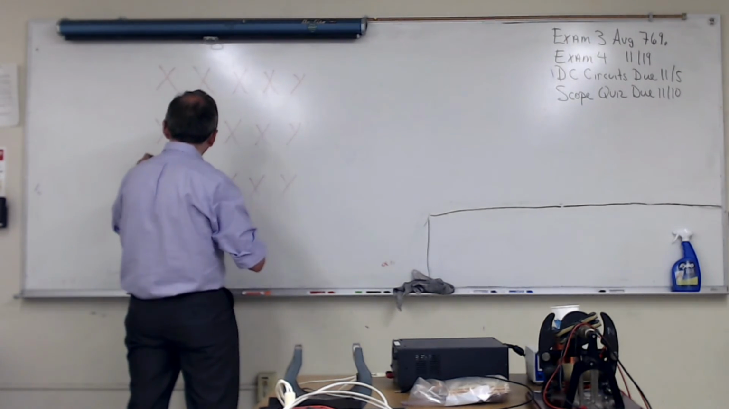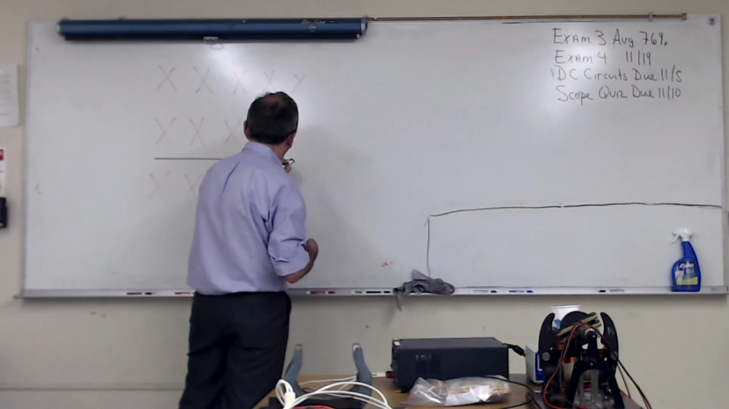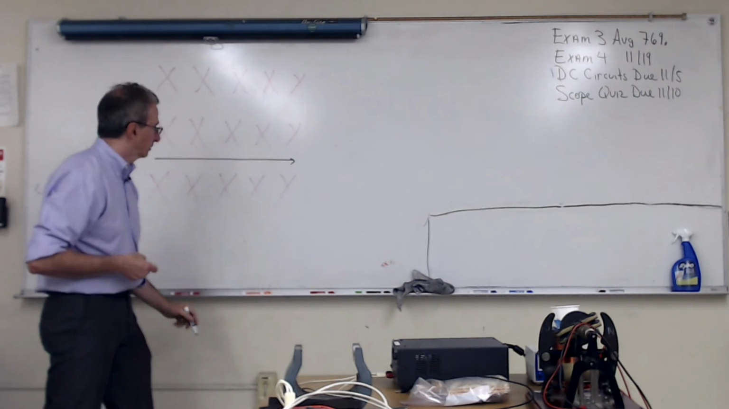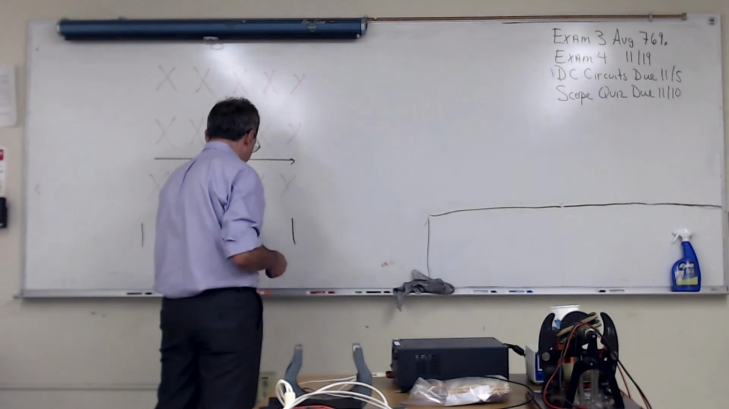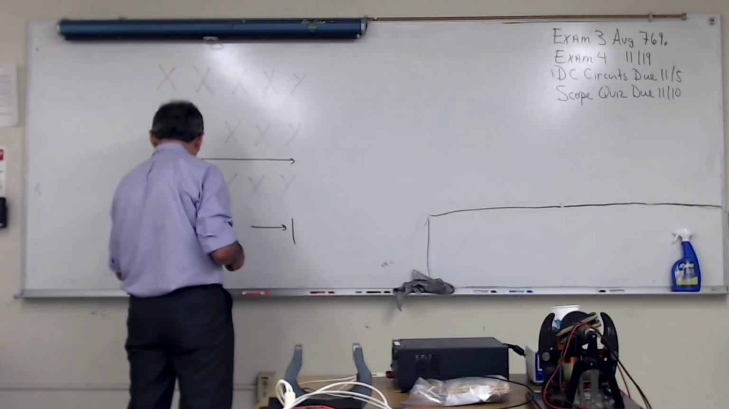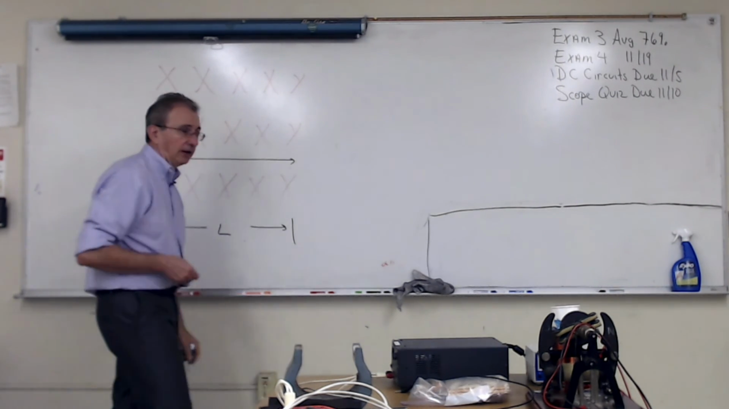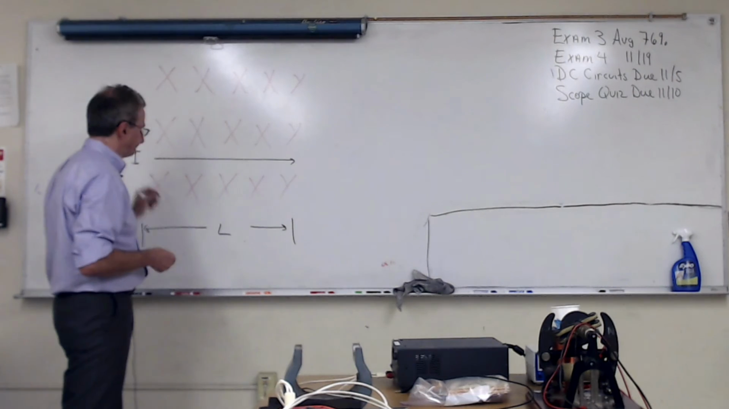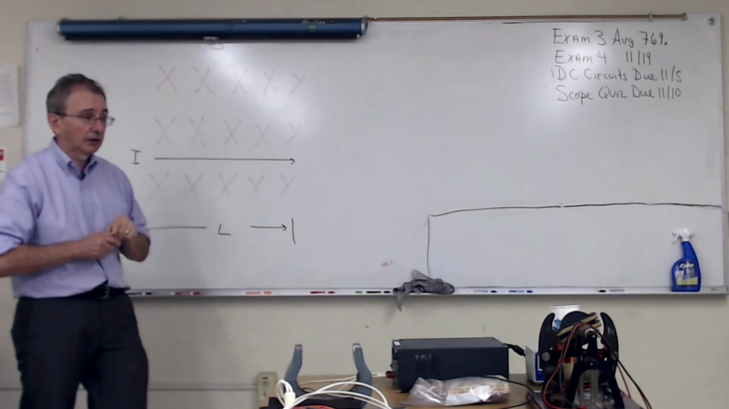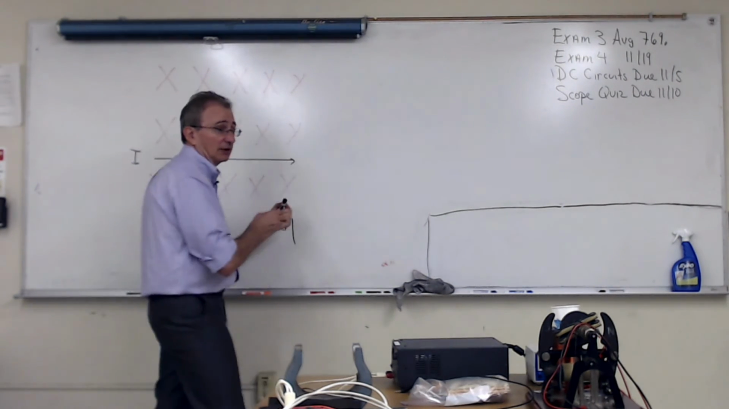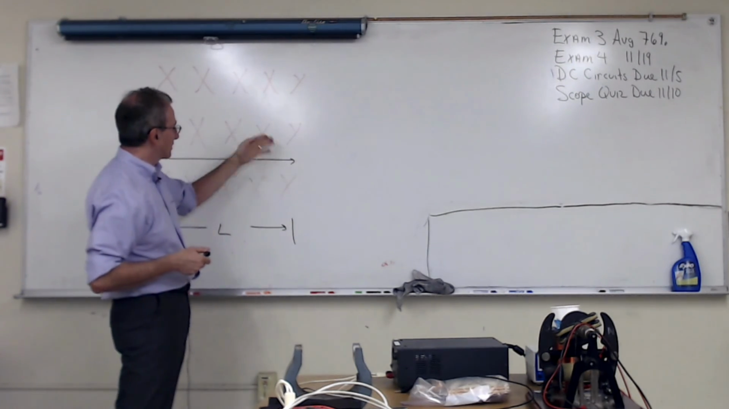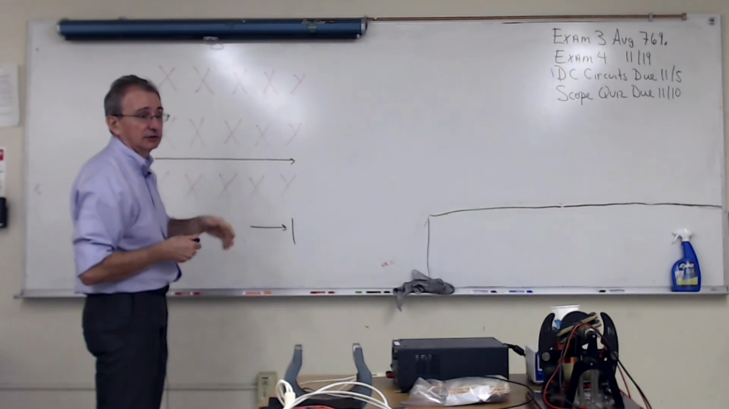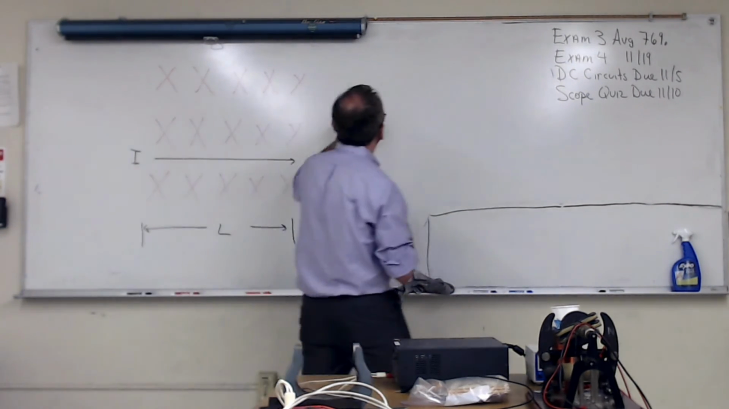And we have a wire carrying current to the right. The length of the wire is L. Okay? And the current is going to the right. We know there's going to be some sort of force on it because the velocity of the particles is perpendicular to the magnetic field. And I know that F